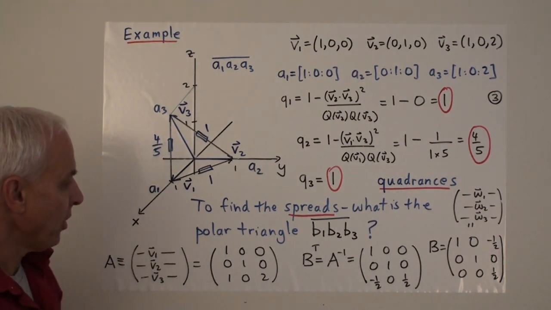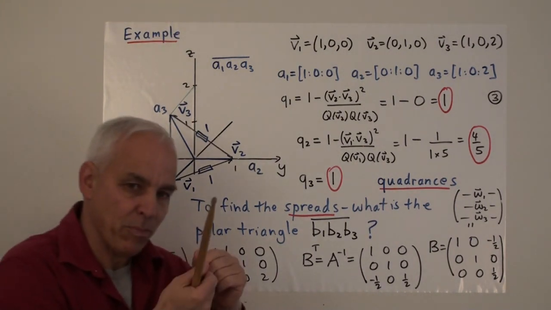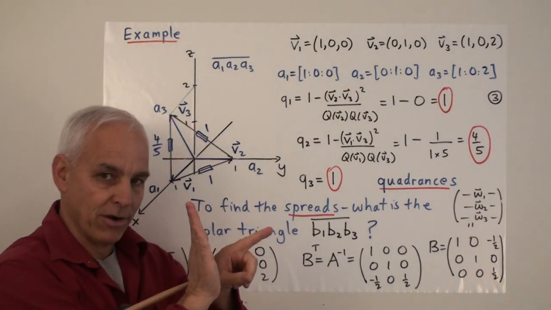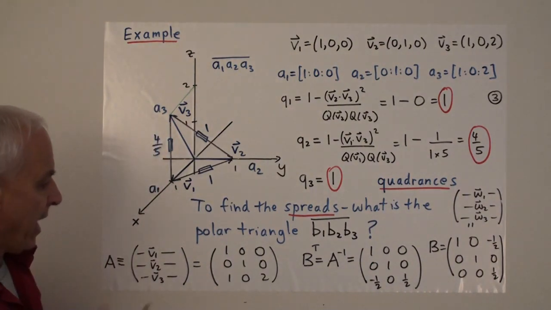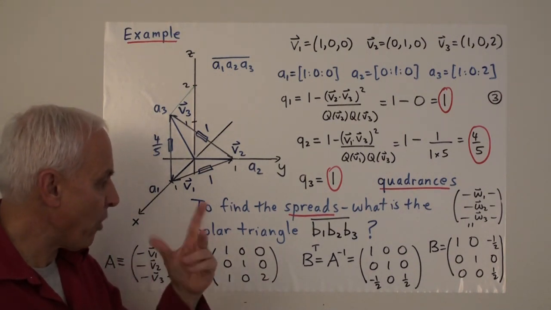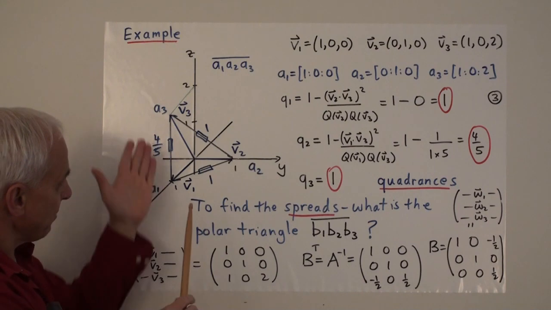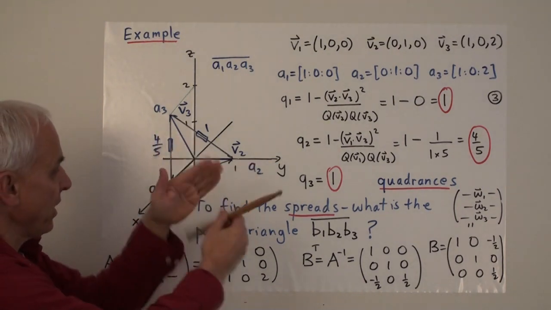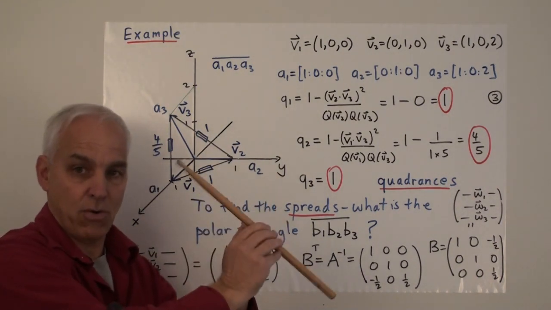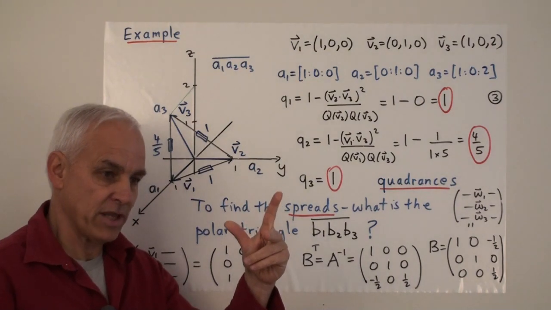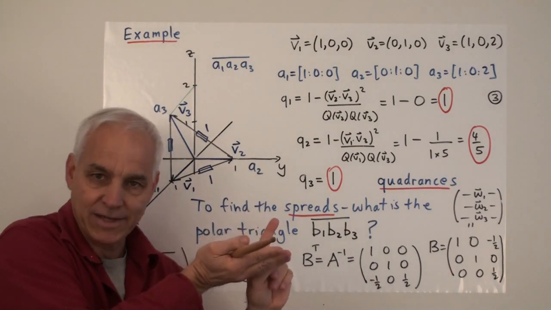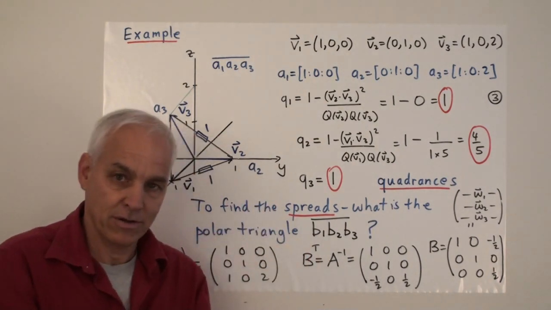So in order to find that out, we would probably need to know what the perpendicular directions are. Given one of these planes, what's the vector that's perpendicular to it? And in our last few videos, we talked about technology for finding such a polar triangle. So each one of these planes has a perpendicular direction. Since there are three planes, there are going to be three perpendicular directions, giving us another three lines through the origin. So we start with three lines through the origin, then we get another three lines through the origin, determined by the perpendicular directions of the planes generated by the original triangle.